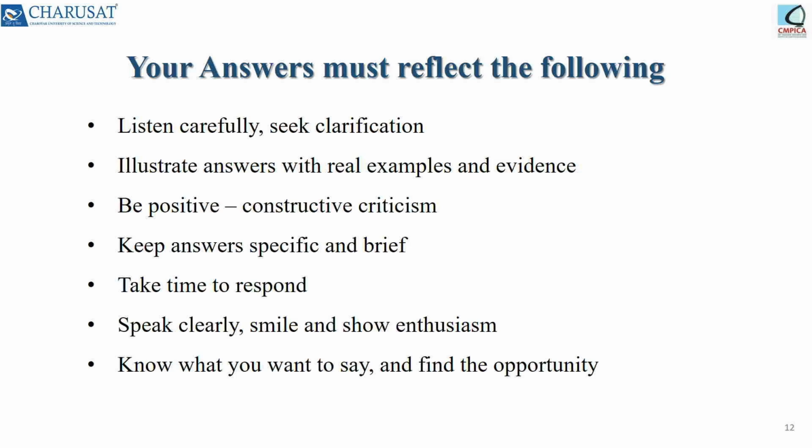Then what you have to keep in mind is that you will have to illustrate the answers. Give examples. If they do not understand the content directly, examples would help them. Your evidence would help them get more clarity regarding whatever you have spoken. You have to remain positive, right? Be positive, so that